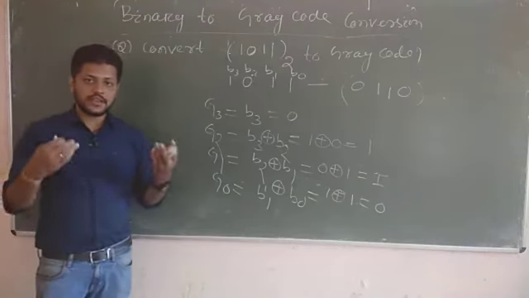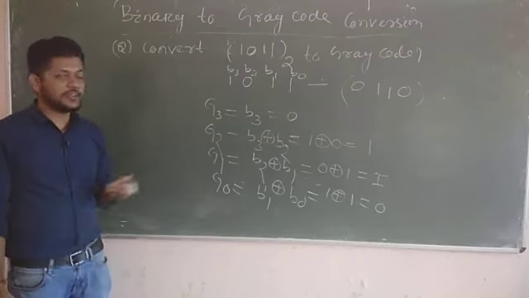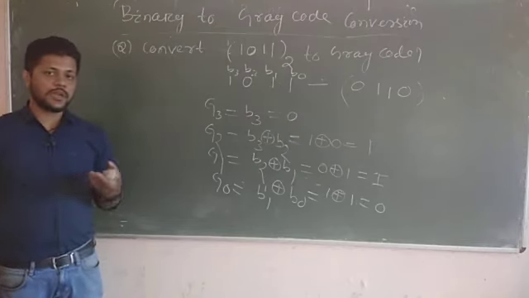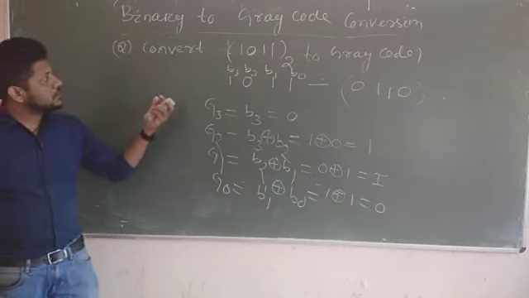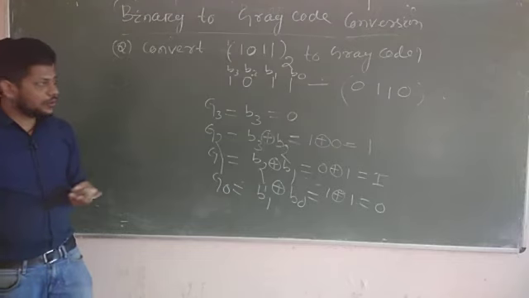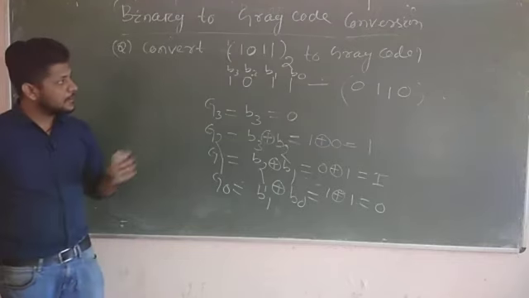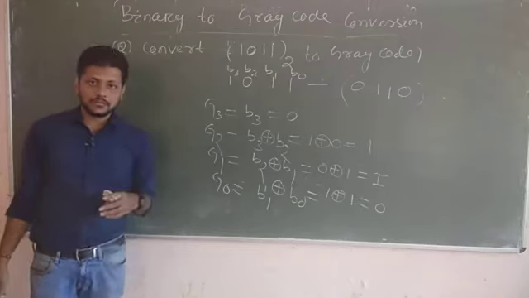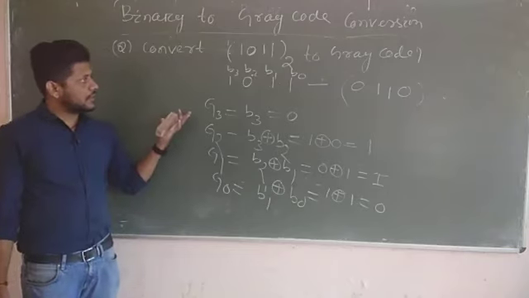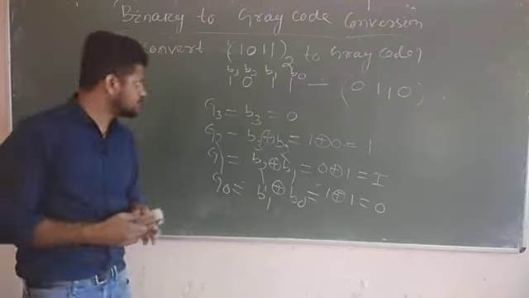Gray code has various applications. It is extensively used in K-maps for solving Boolean algebra with four variables and five variables. It is also known as unit distance code because successive values differ by only one bit. The switching is very fast compared to binary. So these are a few applications of gray codes.